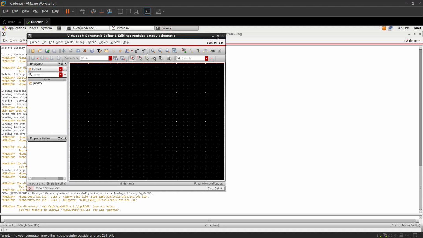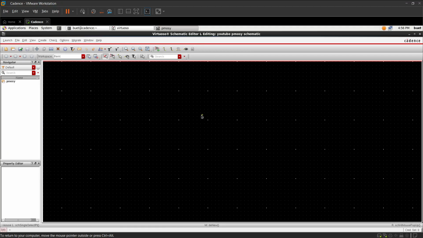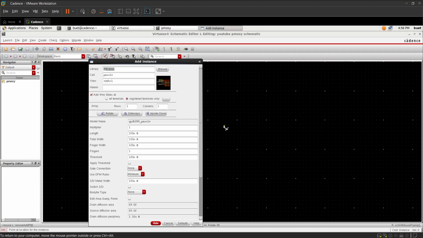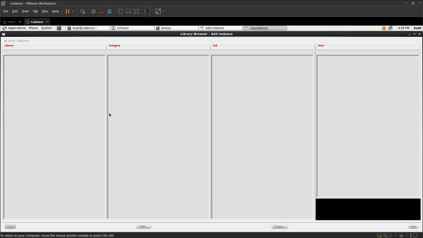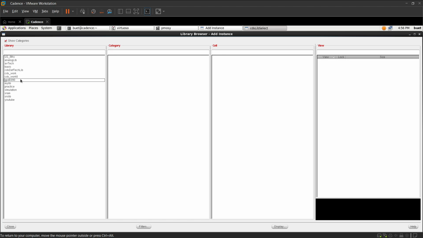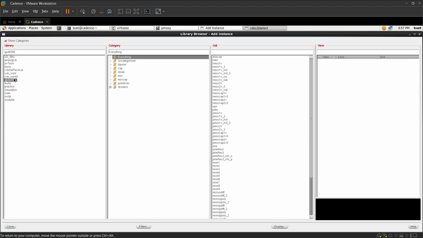Here we have got the window, that is the schematic window. Once you get here, you will be seeing some dots. Those are reference points. We'll be looking at the same points in our layout design also. Once you click over here, press I, go to Browse. I have already selected it, but I will show you once again how this works. Go to GPDK90, just click over here,